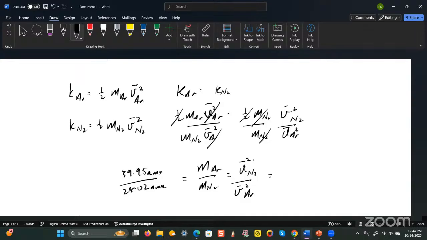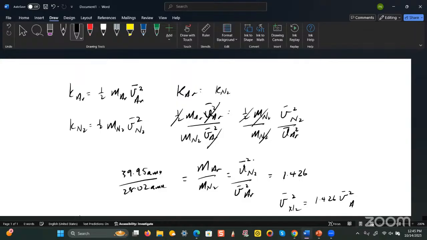So that would give 39.95 divided by 28.02. So according to my calculations, when rounded off to 4 sig figs, that would be 1.426. So therefore, the root mean squared speed of nitrogen would be equal to 1.426 times the root mean squared speed of